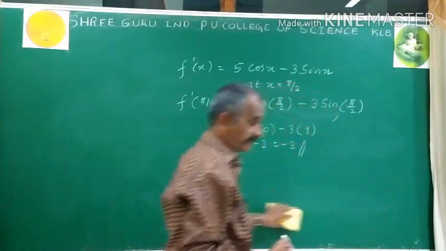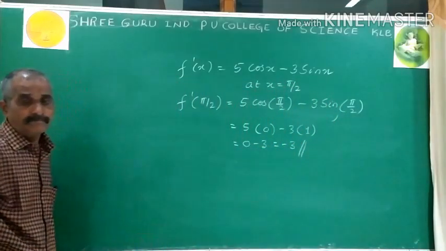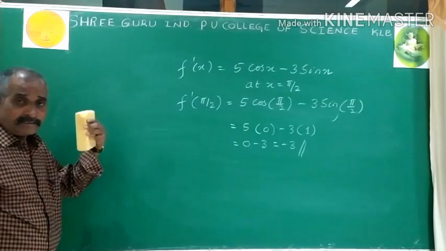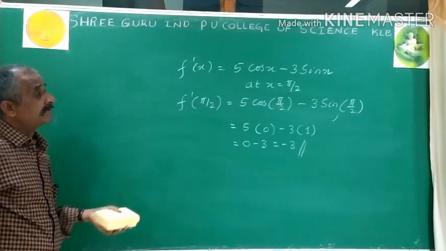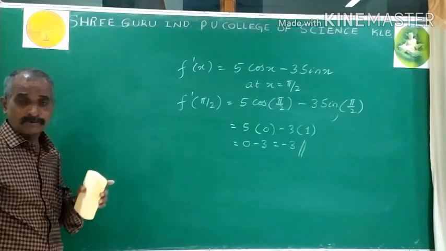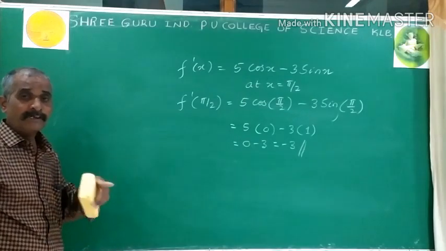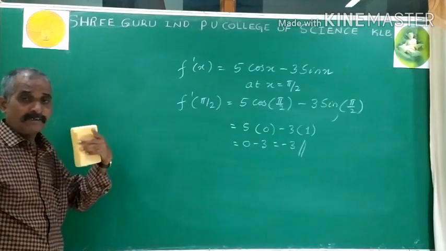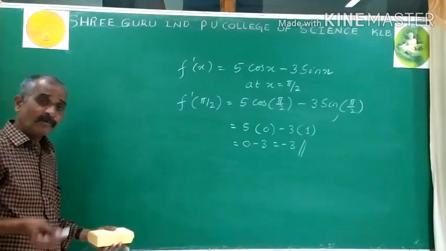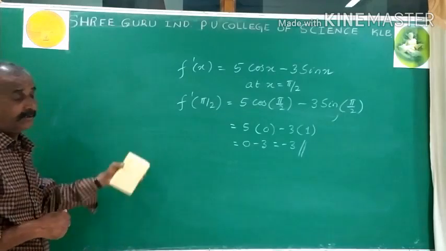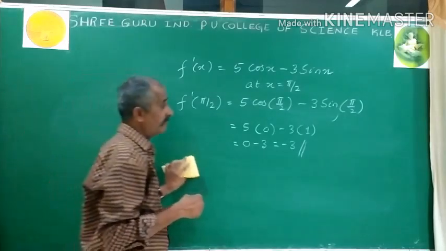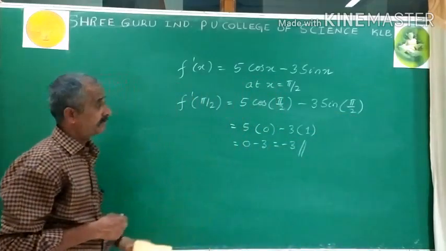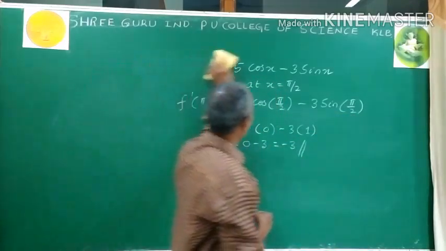Let's go to the next example. As I said yesterday, in computing any example of differentiation, you must be aware of rules. First rules, then formula. You must know which rule is to be adopted, followed by which formula of differentiation is to be adopted. If these two things are known very well, you can easily calculate any problem of derivatives. Right, next example.